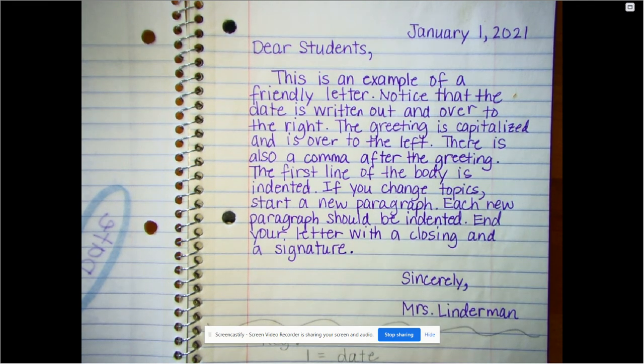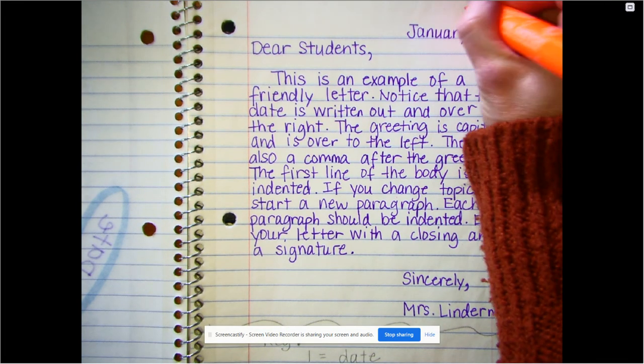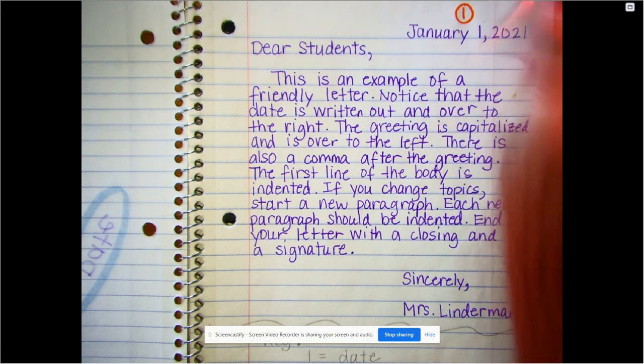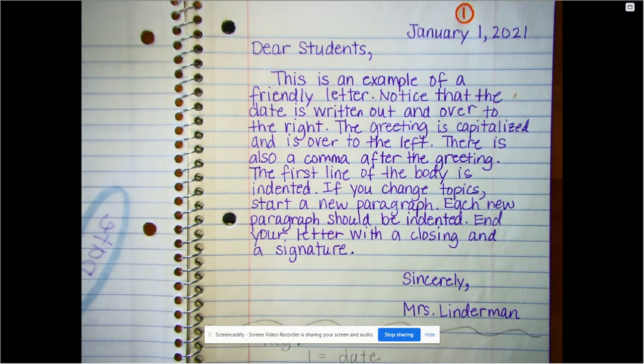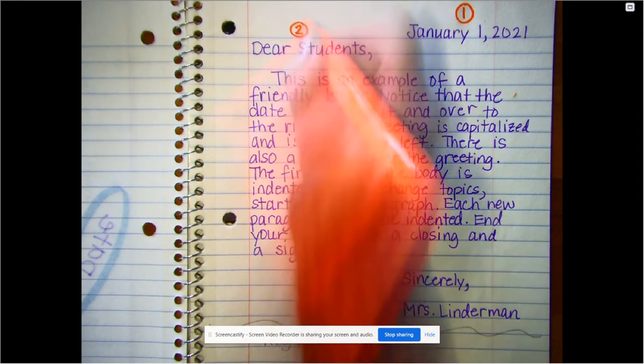Now, we're writing, right? And during writing time in school, we have to write. So you need to be prepared with your paper and your pencil, and you're going to be copying this down in just a minute. Okay, you'll notice here's the date, and I'm going to label the date with a number 1. Okay, my greeting and my comma, I'm going to label with a number 2.